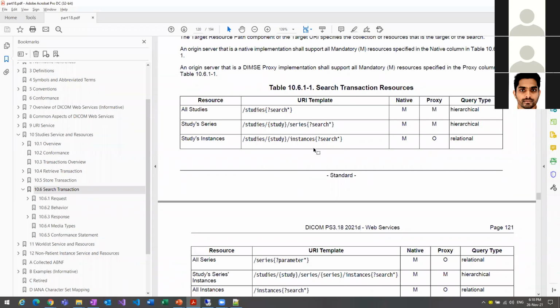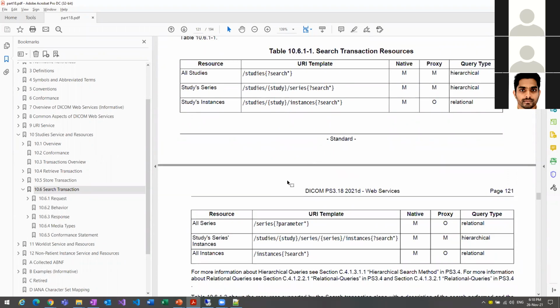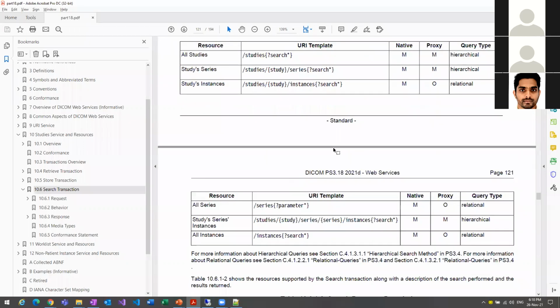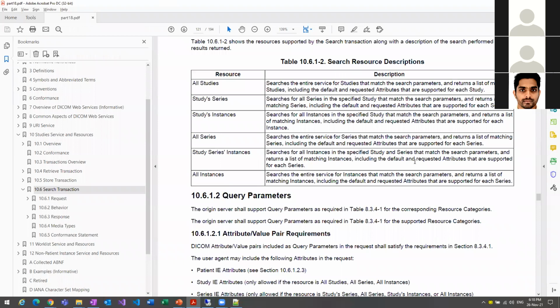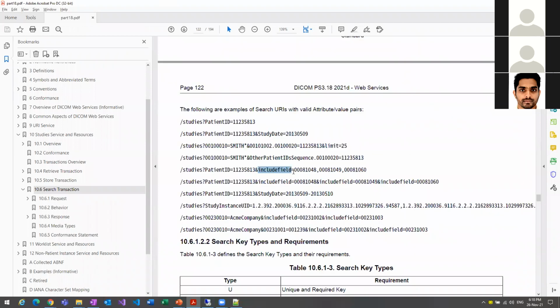If I want to get a specific DICOM tag in the response, then I need to use the include field as I did over here. That will request, when we are doing the request in the URL, that I want these tags also for all the instances you are giving me back. So that is the thing.